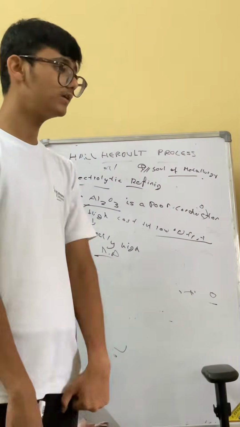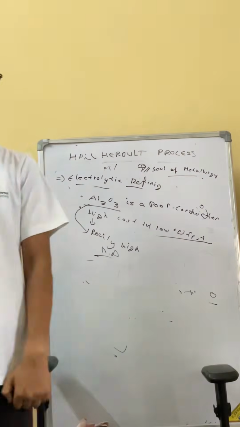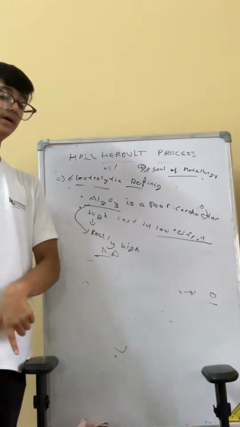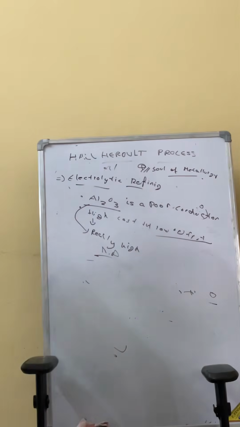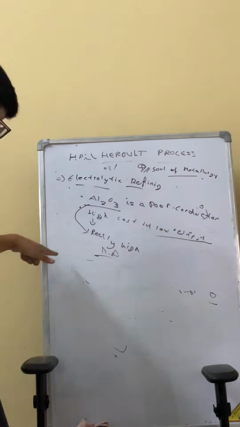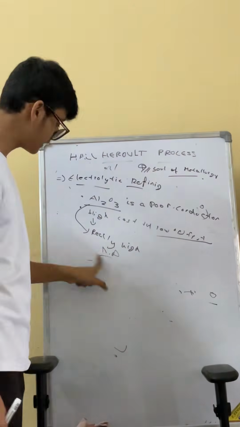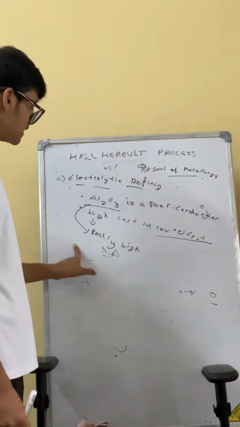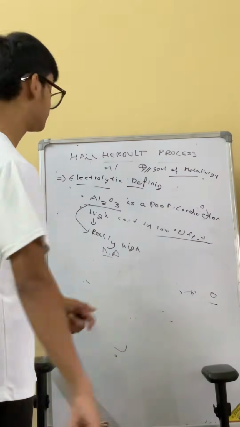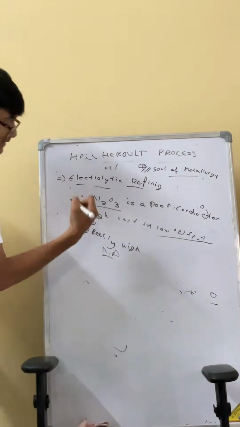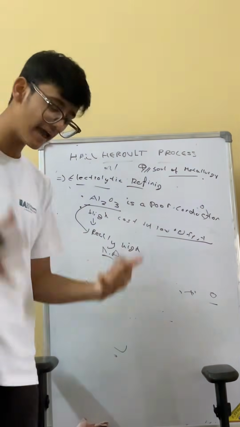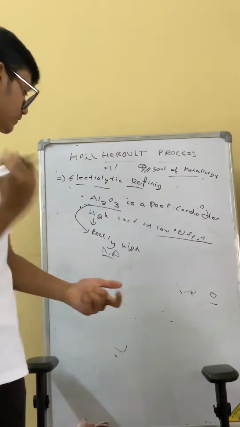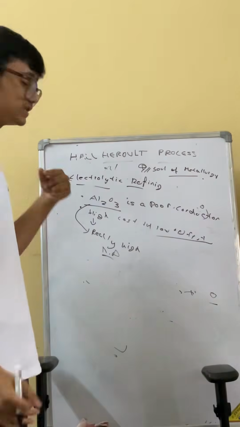Now for electrolysis, if you have done that course, you either need an aqueous solution or a molten solution. We can't use an aqueous one because then we won't be able to extract aluminum, so we'll have to use a molten solution of aluminum compound. But this has a really high melting point, I think over 1500 or 2000 degrees Celsius, which was causing a